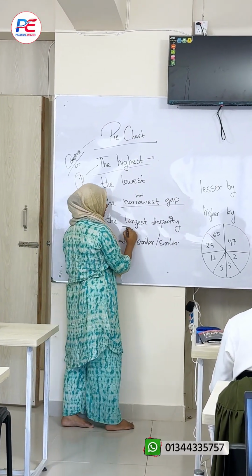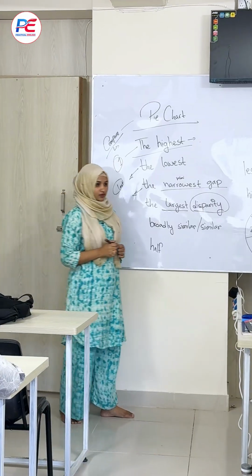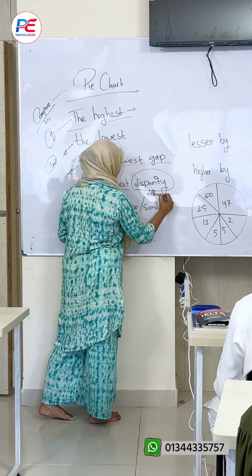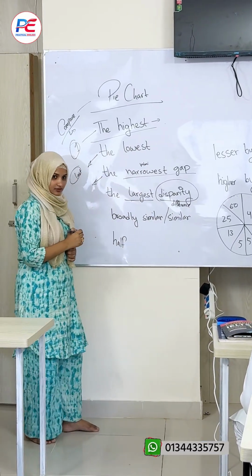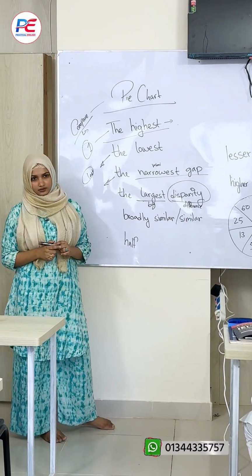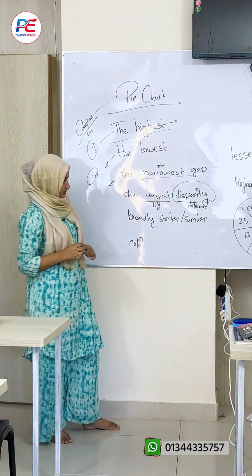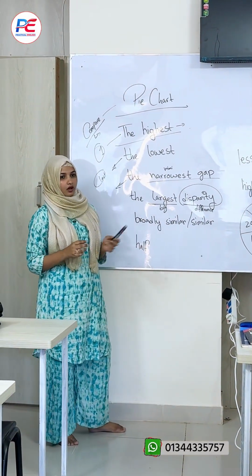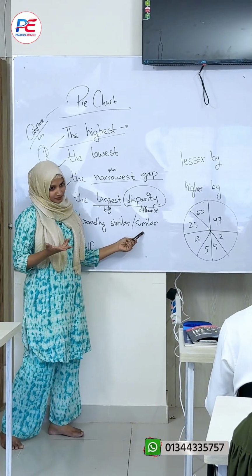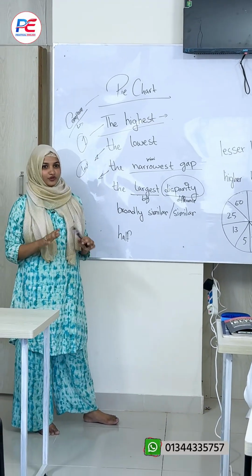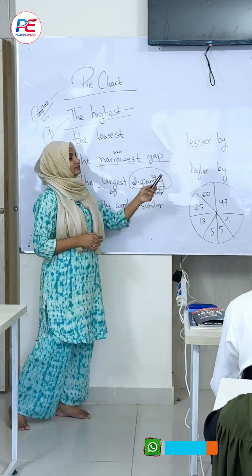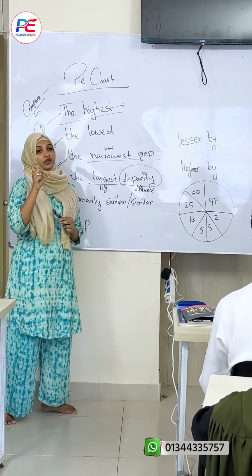Then largest disparity. What does disparity mean? Difference. Largest means biggest, right? Big difference means largest disparity. Broadly similar means almost same, right? Similar means same. Half? 50, right? Okay. Lesser by and higher by is the trickiest one because here we actually figure out the gap